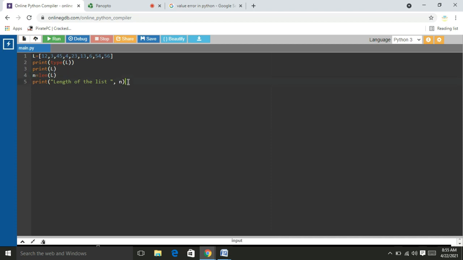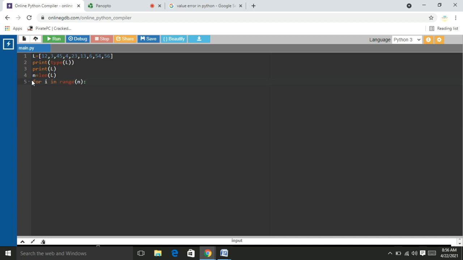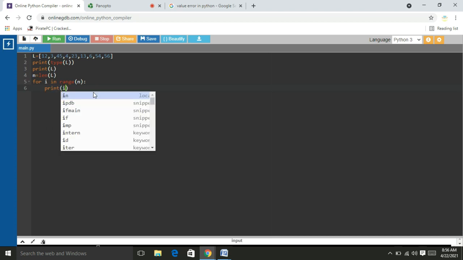Now I would like to print all the elements one after another by using the for loop: for i in range of n, because there are 9 elements, index values 0 to 8, and I write print i.